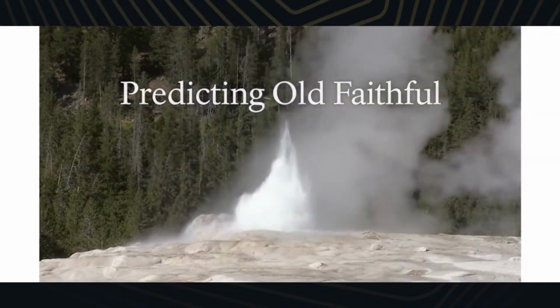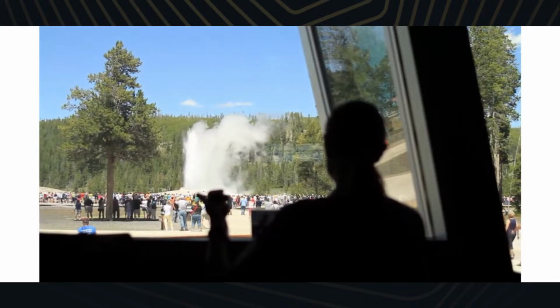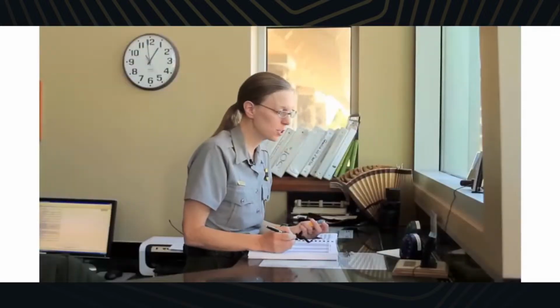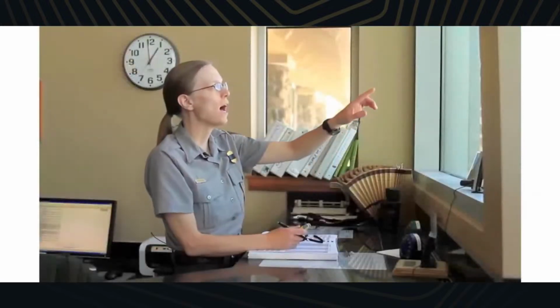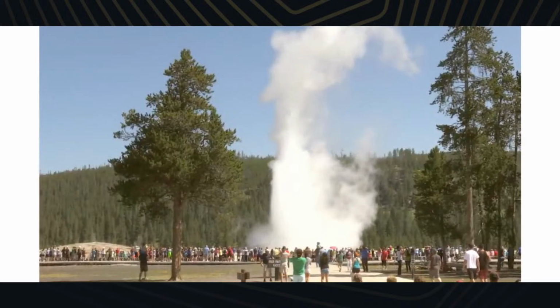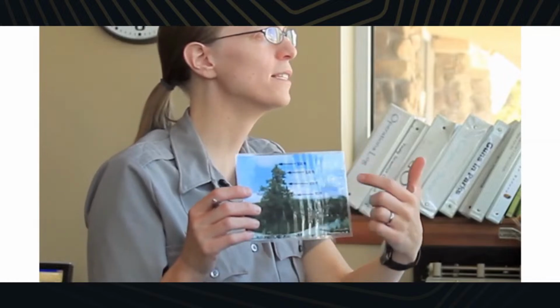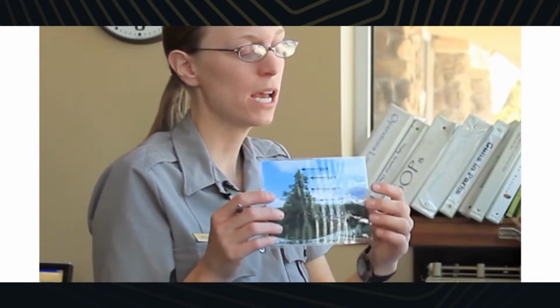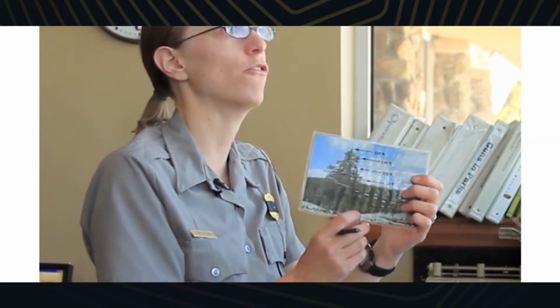Old Faithful is getting ready to erupt, so I am trying to time it. Oh, and there it goes. So I'm hitting the stopwatch, and I'm noting the time on the atomic clock at 12:58, which is pretty good considering that the prediction was 12:59. So we're getting closer and closer. Now I'm going to measure Old Faithful. As the plume of water gets higher and higher in the window, I'm comparing it to this tree right over here. And I'm using this picture, which has a triangulation setup, to identify how high the water went on the tree. What I figured out, Old Faithful's hit its peak already, is that it came to about right here, which is about 140 feet.